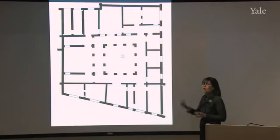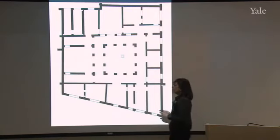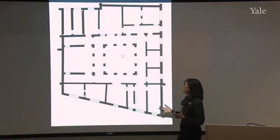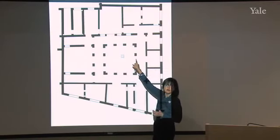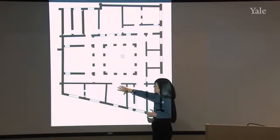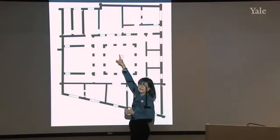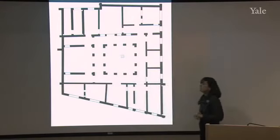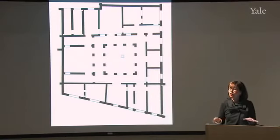But just as we saw in the late 1st century AD houses in Herculaneum, from between the earthquake and the eruption of Vesuvius, the triclinium has become the most important room in the house. You enter into it here, you have a vestibule, you have this court, and then you have on axis the triclinium of the house. But what makes this particular house most distinctive is the fact that every single floor is